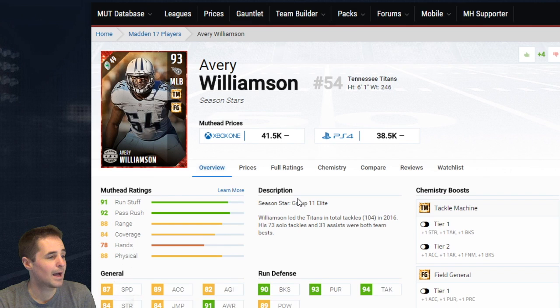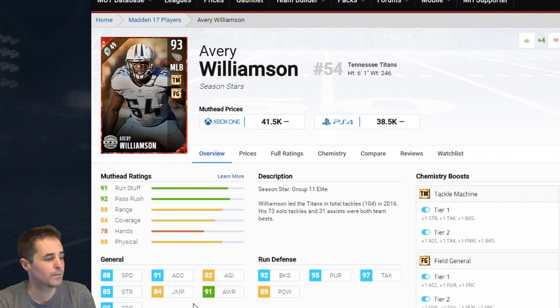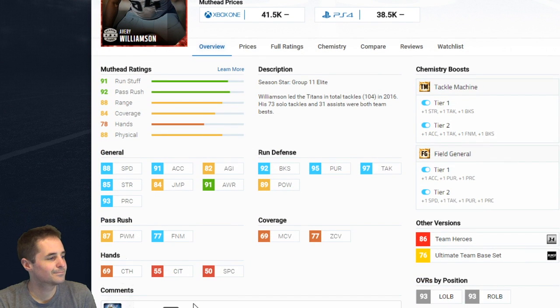Now, Williamson's a guy I want to look at for 40K. He's got Field General, which means he's 6'1" with 88 speed, 92 block shed, 89 hit power, and pretty good power move in the middle. It's just that at this point, at 6'1", at 88 speed, that's...